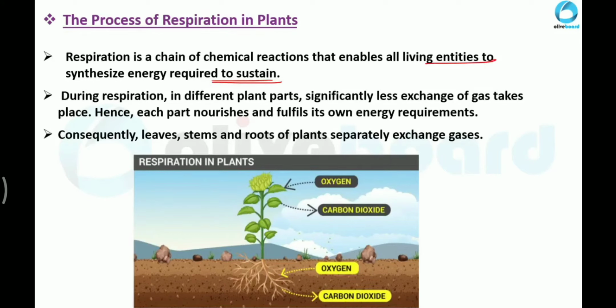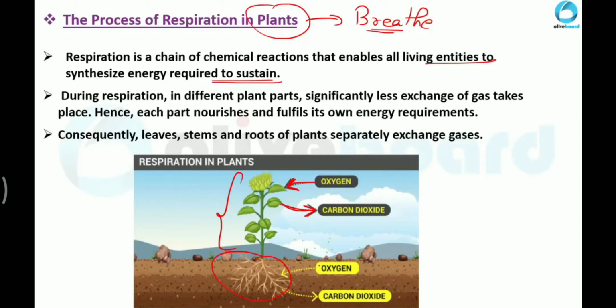We breathe all the time, in the daytime and also at night. We breathe in oxygen and release carbon dioxide. In a similar manner, plants also take in oxygen and release carbon dioxide